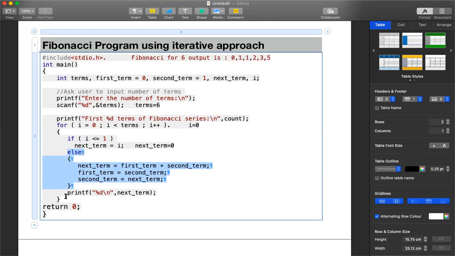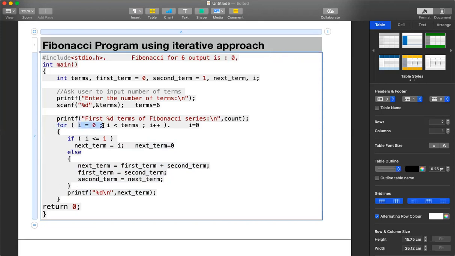Okay, and then we are printing what? We are printing the next term. So what exactly do you have in next term? The first number. What is the first number? The first number is supposed to be 0. So what is the next term's value? It is 0. So we have printed the first term, that is 0. Will it stop after printing 0? We printed 0. Now let me see one by one. We printed 0. Okay, so after 0, again the loop will start.